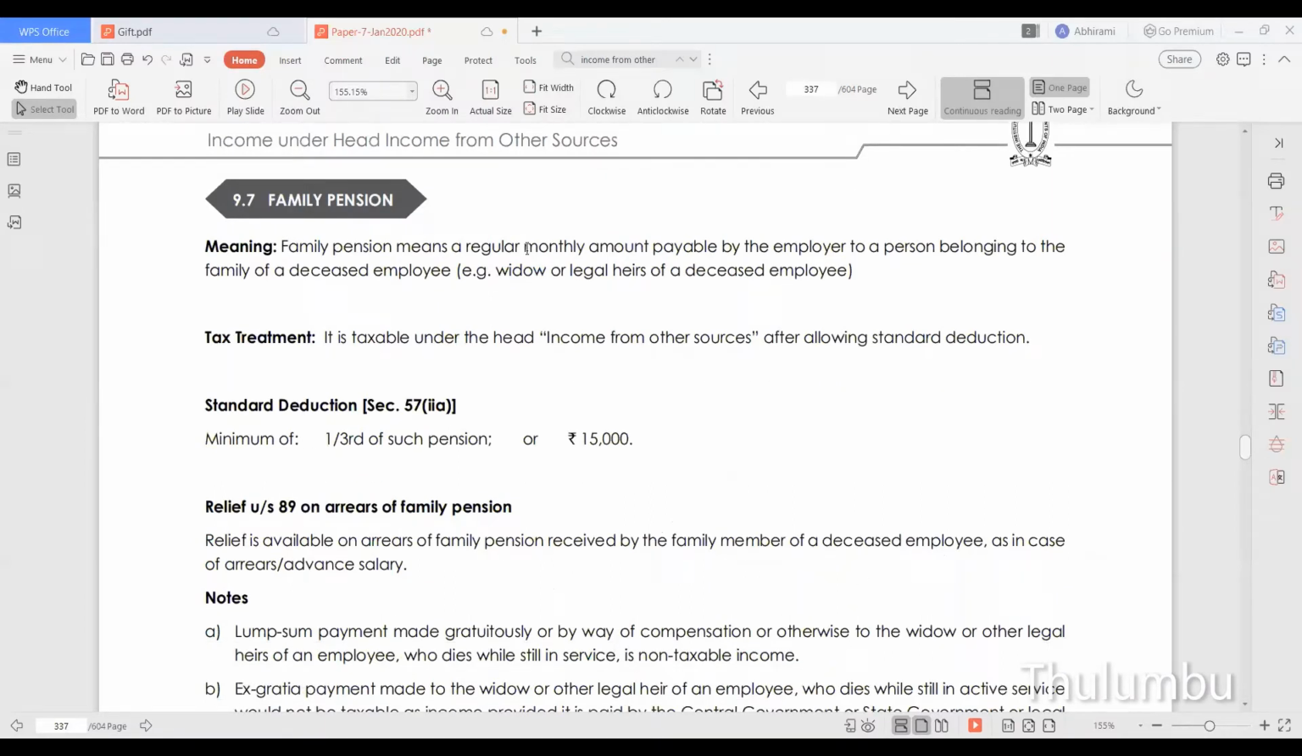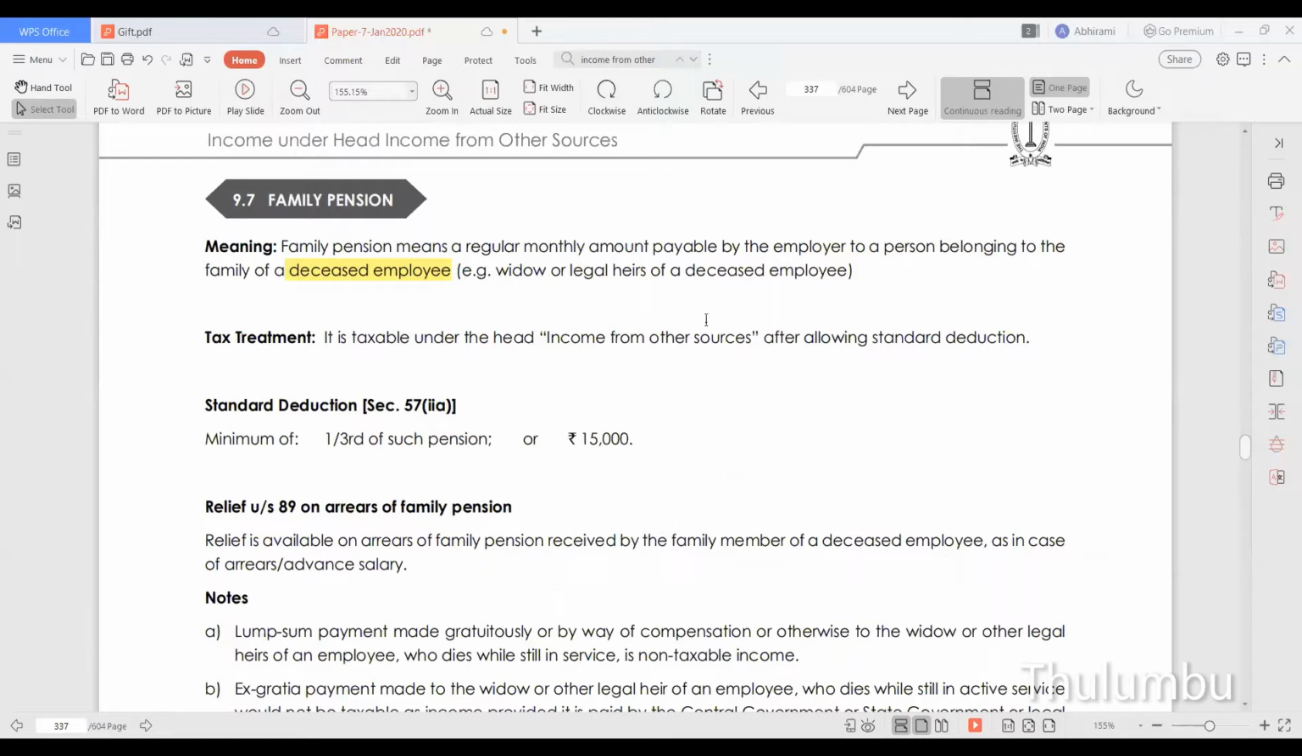Family pension means a regular monthly amount payable by the employer to a person belonging to the family of a deceased employee. It can be either the widow or legal heirs. It is taxable as income from other sources. Direct employee pension is taxable as salary. When it is given to family members, it is taxed as